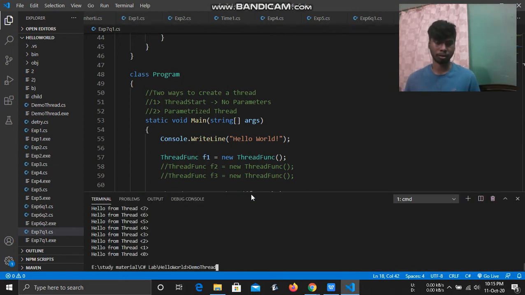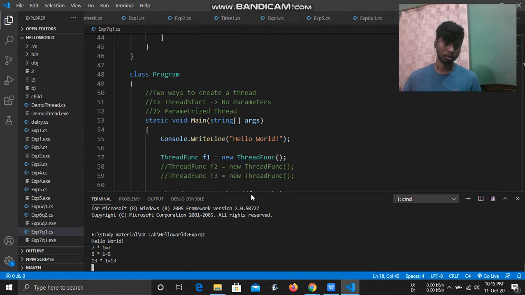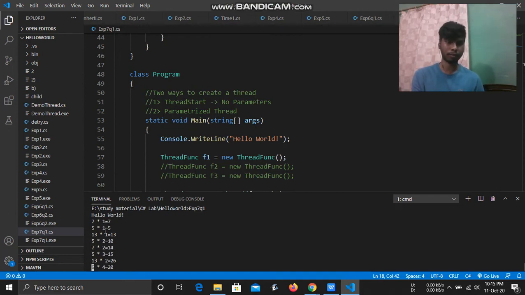Going to run the code. So you can see the tables of 7, 5 and 13 are printing. It is printing slowly because of the sleep function which I have mentioned there.